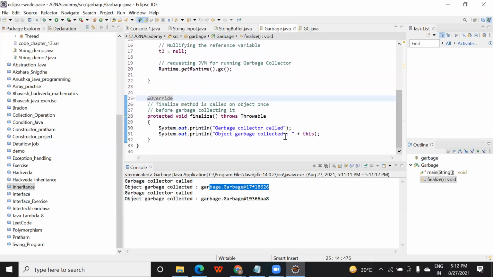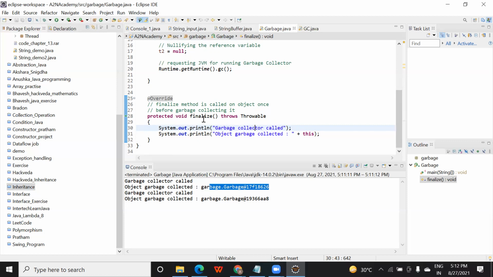Now the question is, why do we use this throwable keyword here? In MTA they will not ask about throwable. Till now we haven't seen that, but this is actually in case any error occurs in this method, it will throw the error.